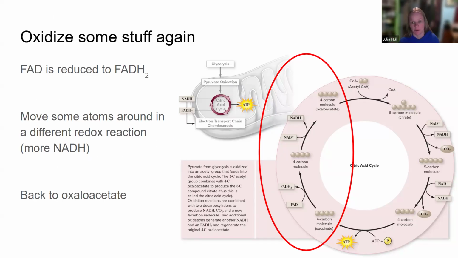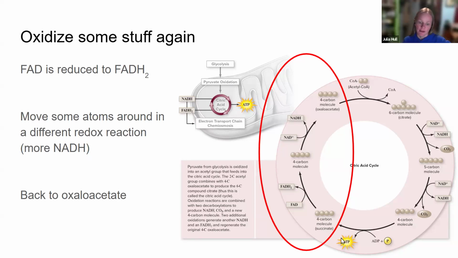Okay. So some things that we need to remember about this. We do this cycle twice for every glucose molecule. Remember that first step in glycolysis, we took our 6-carbon sugar and split it into 2 pyruvates. So we are going to do this citric acid cycle twice. So we are going to produce 1, 2, 3, 4 carbon dioxide molecules, and we are going to create 1, 2, 3, 4, 5, 6 NADHs and 1, 2